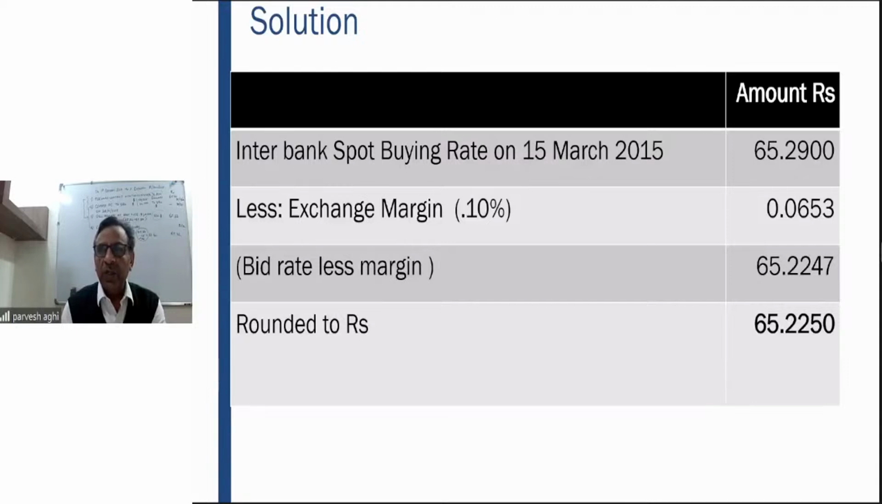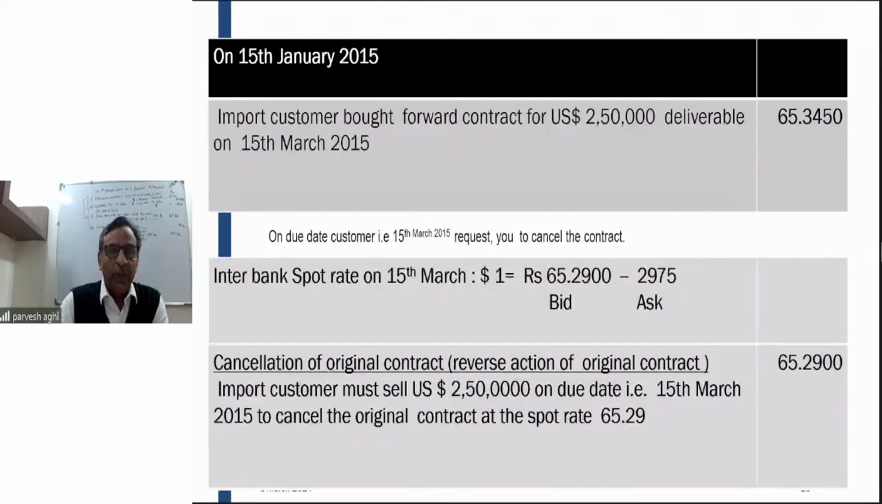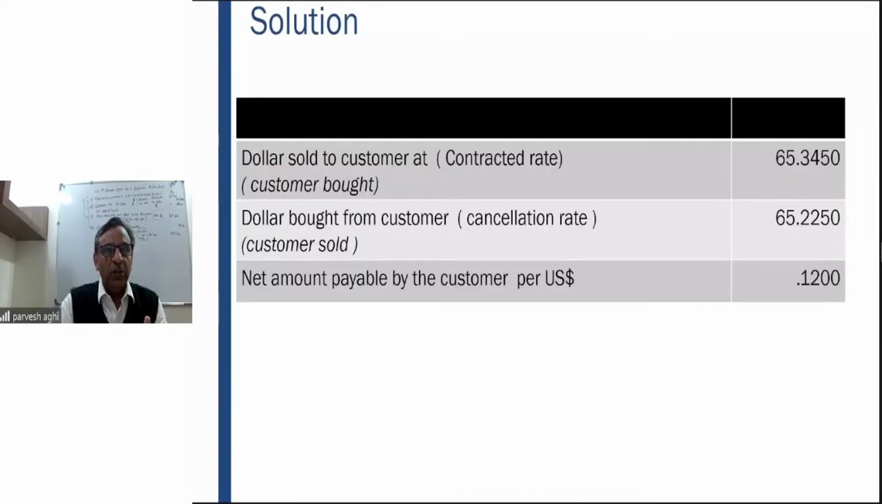So we understood this in our earlier videos. Because the bank is going to give you the dollars at 65.2250, but it is going to cost them 65.29 in the interbank market. So they are going to make a profit on that, which is 0.0653. Now, in the first transaction you bought the dollars. So let's look at this. You sold the dollars, okay, and now you are going to